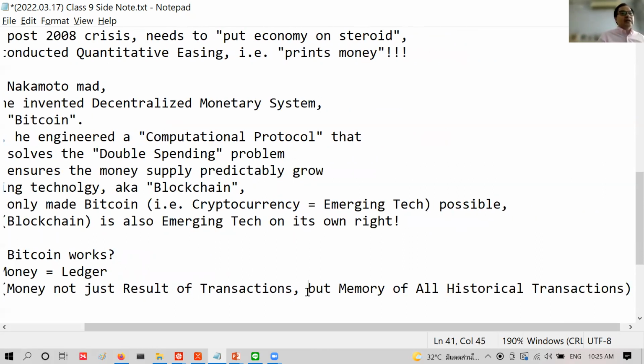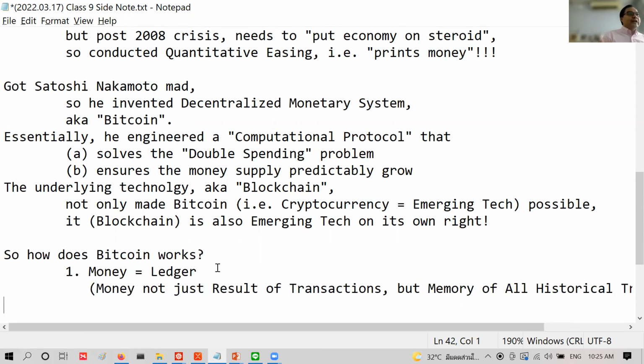So that's concept number 1. Money now equates to, so let's have